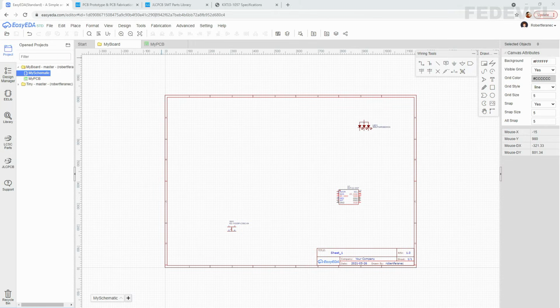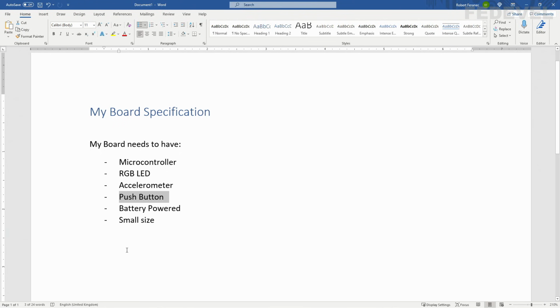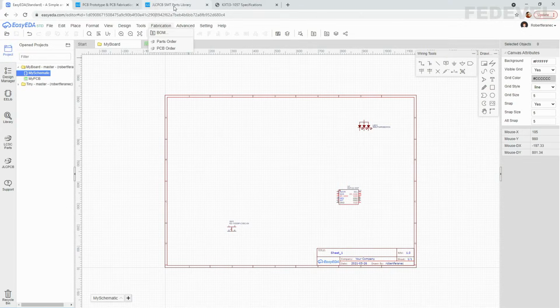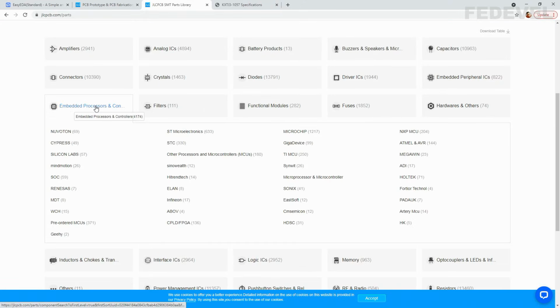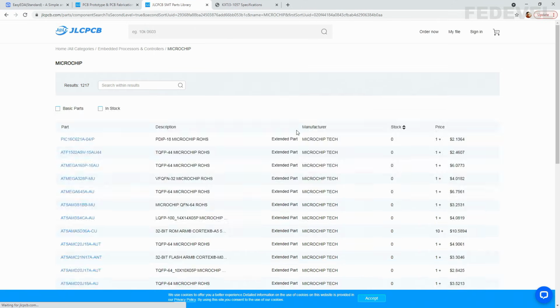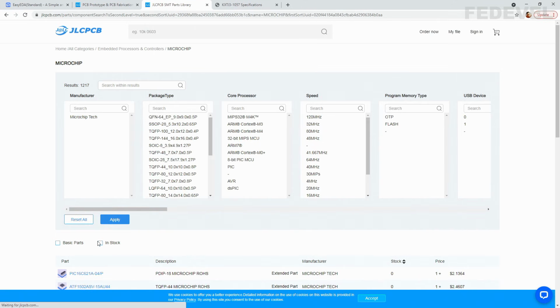When we go back into our specification, the only thing left to place into our schematic is the microcontroller. So open the SMT parts library, go to all categories, embedded processors and controllers, and from all these manufacturers, we would like to use something simple. So maybe something from ST Microelectronics or something from Microchip. I'm going to click on Microchip. Again, we would like to use only the components which are in stock. And from this list,